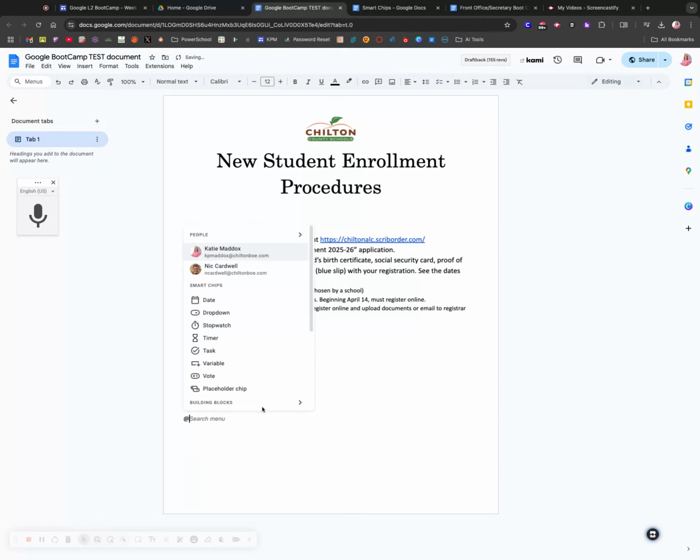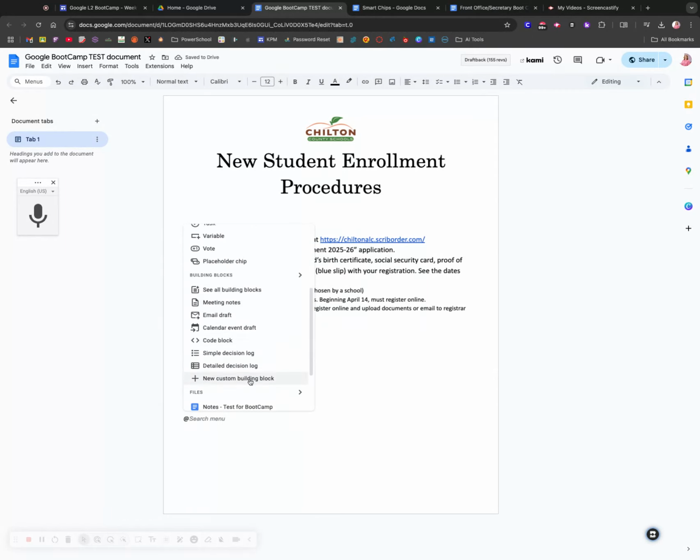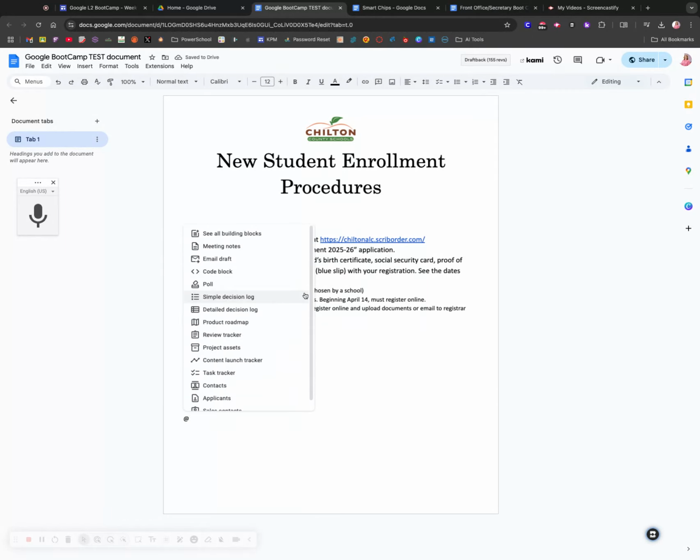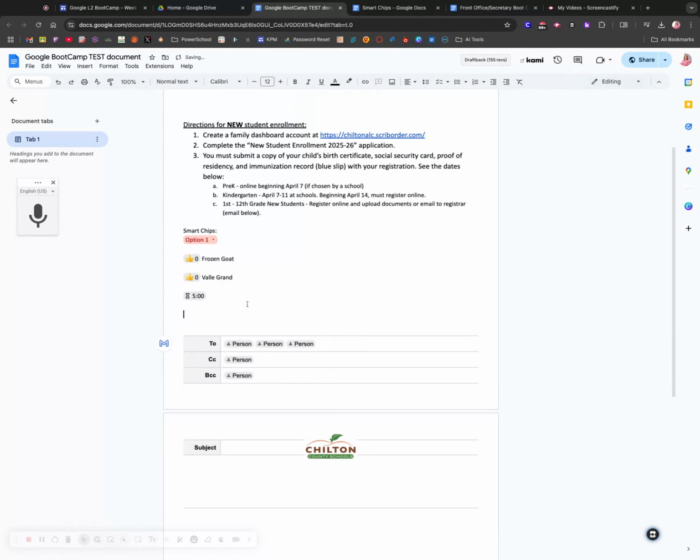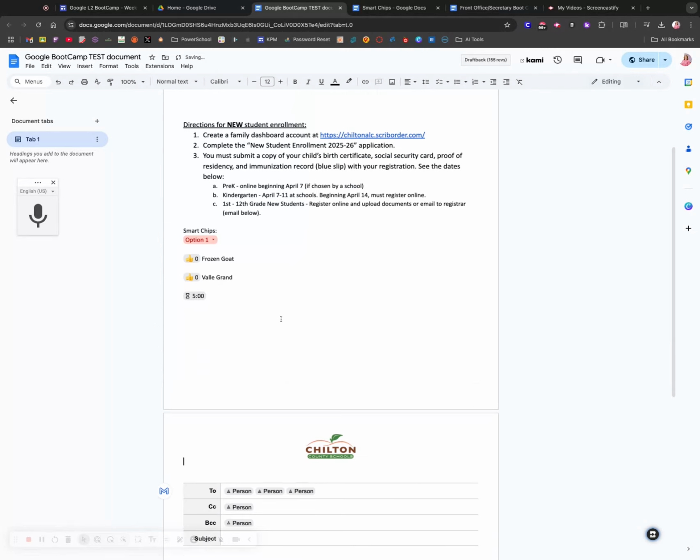Another component of smart chips are called building blocks. And building blocks are kind of like little interactive blocks that can be embedded right into a document. A lot of these are real business oriented, like meeting notes, polls, product roadmaps, things like that. The email draft is by far my favorite. I wish that this had been around whenever I was teaching